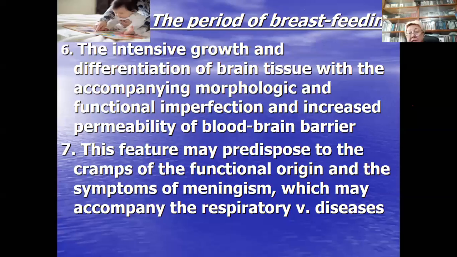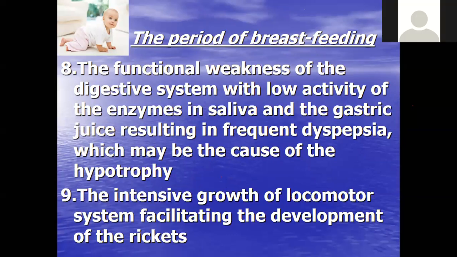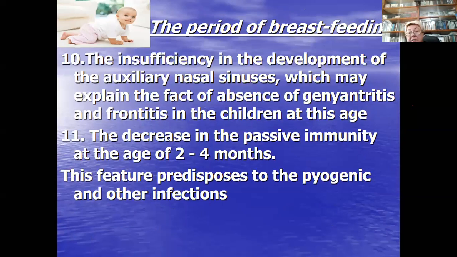This feature may predispose to cramps of functional origin which may accompany respiratory virus diseases. The functional weakness of the digestive system, with low activity of enzymes of saliva and gastric juice, results in frequent dyspepsia, and the intensive growth of the locomotor system facilitates the development of reflexes at this period. The insufficiency in development of auxiliary nasal sinuses may explain the absence of gaiorithritis and polysinusitis in this period, and the decrease in passive immunity